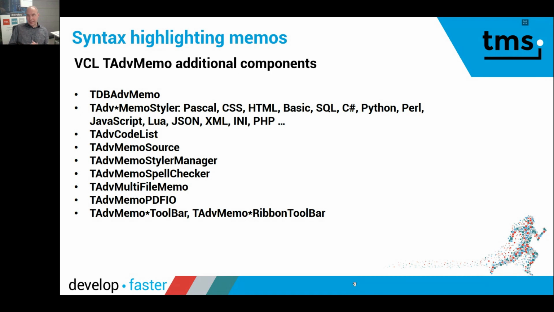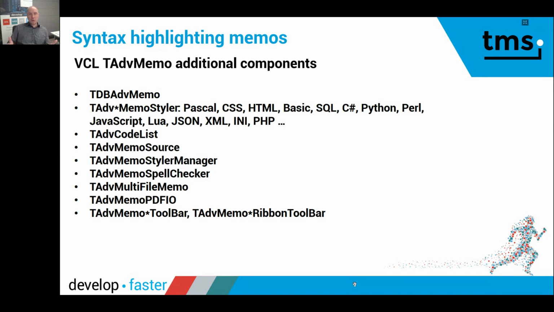The styler manager is a non-visual component. Its purpose is to bind file name extensions to specific syntax styles. That means that, for example, we can bind the .pas file extension to the Pascal styler component, and other stylers like HTML bind that to the HTML styler, and so on. And that means that when using this styler manager, you don't need to bother or do anything special.